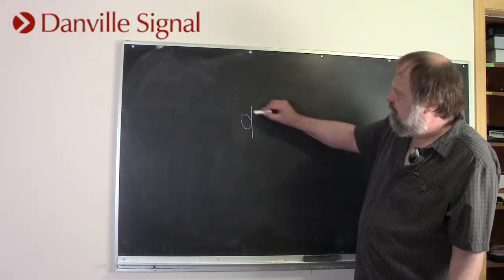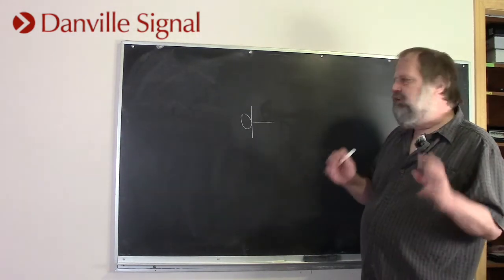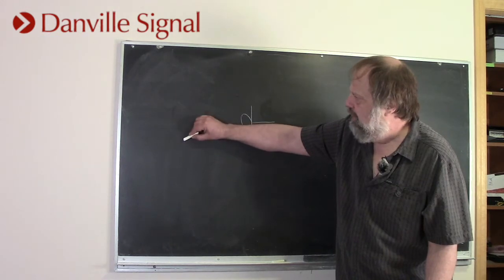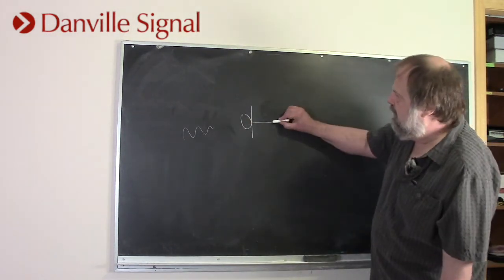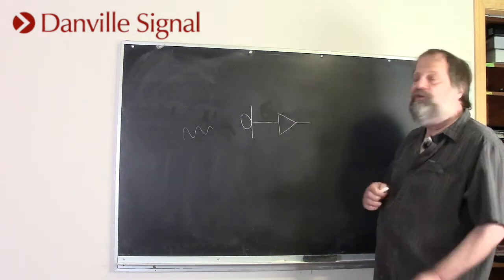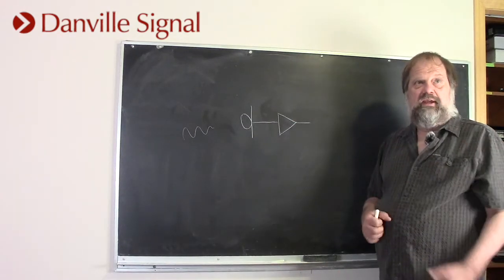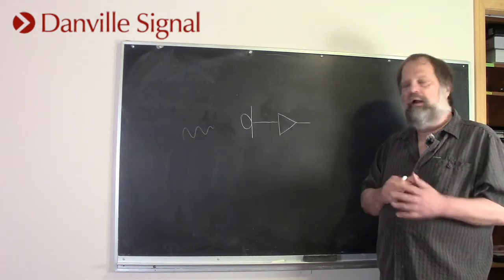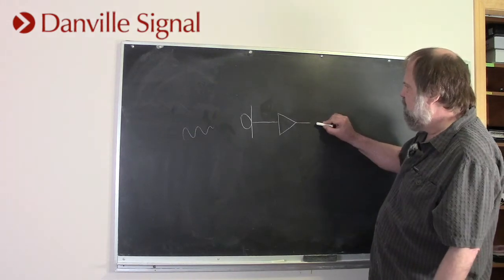So this is a symbol for a microphone, in case you were wondering. And since it's a thought experiment, somewhere out in nature we have something that makes sound. So some event here makes sound, and we're going to put it into some kind of a microphone and amplifier. And because this is a thought experiment, this is perfect. We're not trying to deal with anything that doesn't start out initially as perfect for our exercise. And the reason I'm drawing it this way is this is going to be our starting point.